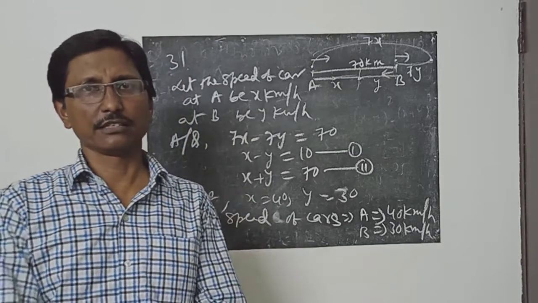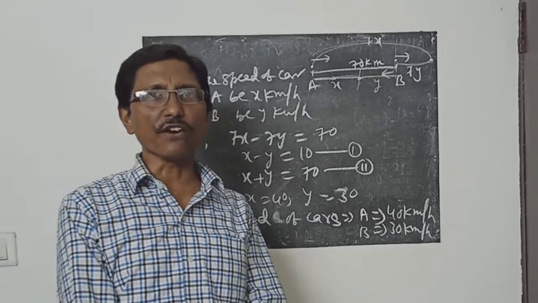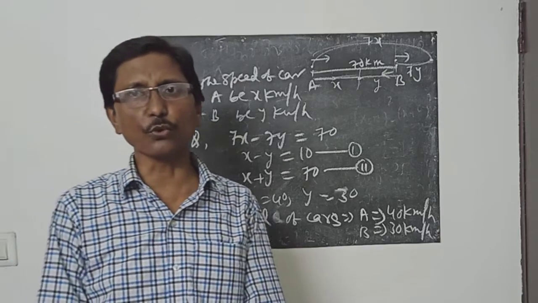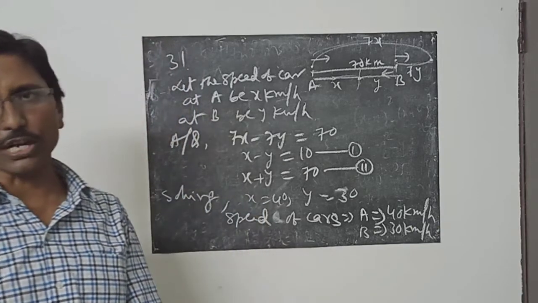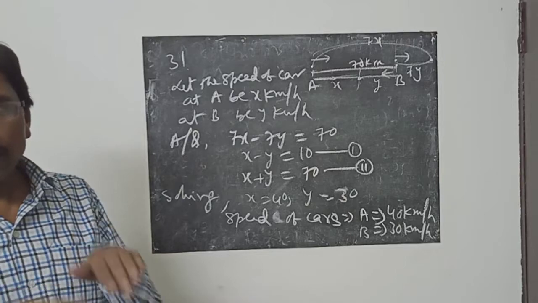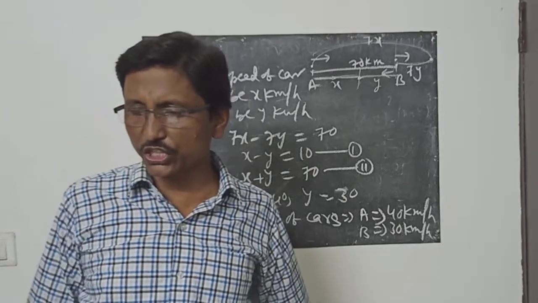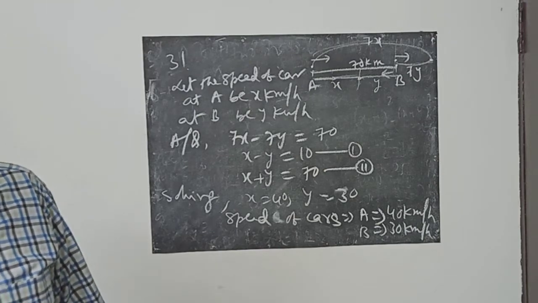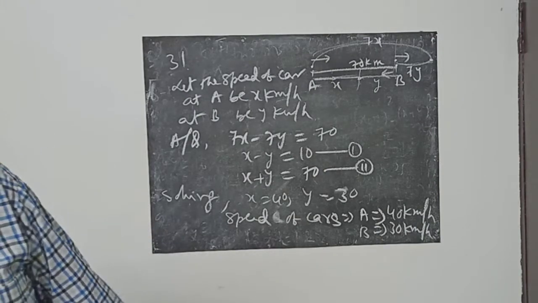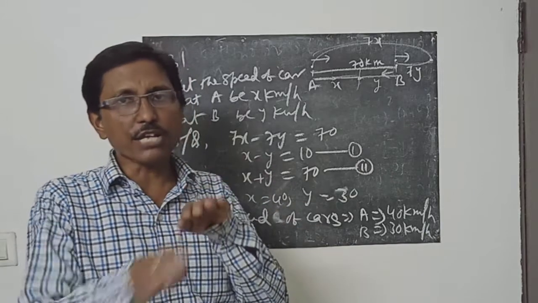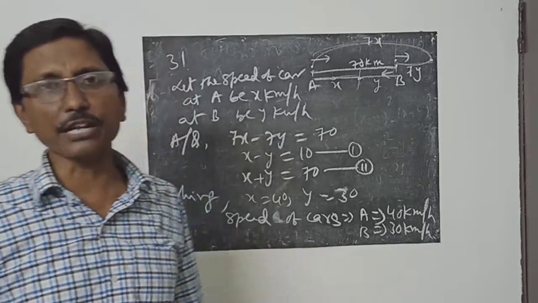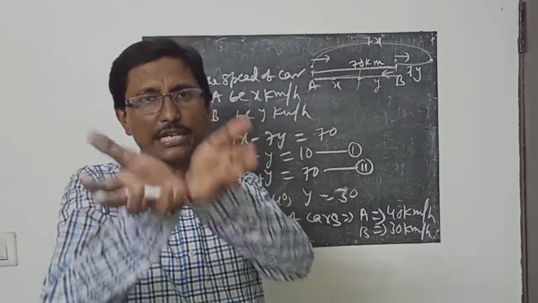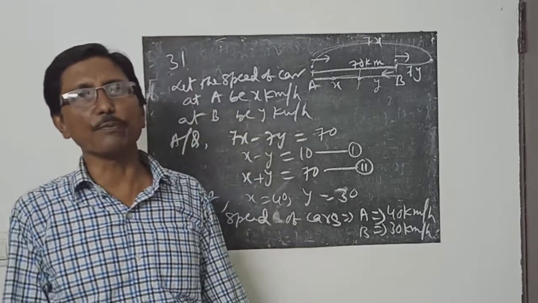When they travel, they may be in favor of the stream, that means in the same direction as the water flowing, or sometimes against the water flowing. So when it is favoring, meaning in the same direction they are traveling, that is called downstream. Why is it called downstream? Because the stream direction is downwards. So the same direction it is having, that's why it is called downstream. Downstream, together they are moving, that's why both the speeds will be added.